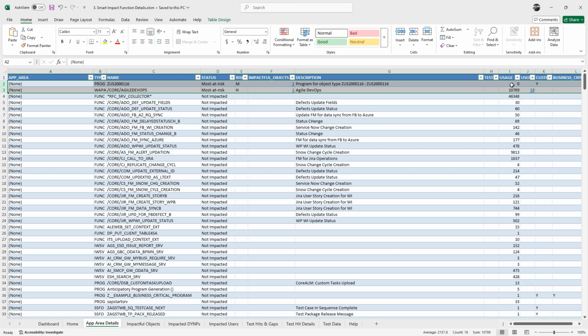And this is very important because we can see that for one object, for example, the risk is medium because in the period that we analyzed, it was not used. However, the second object, the Fiori object, was used 10,769 times, which makes it a high impacting or high risk item because it's used widely across the